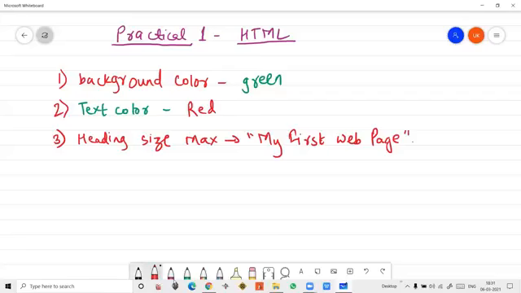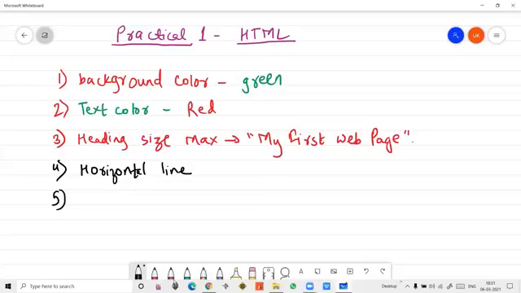Then one more thing we have to add here, what? That we have to add the horizontal line after the heading. Then fifth, we have to write what, students?